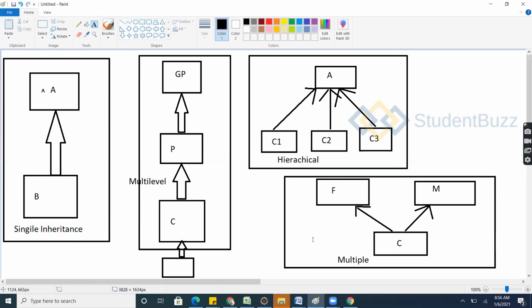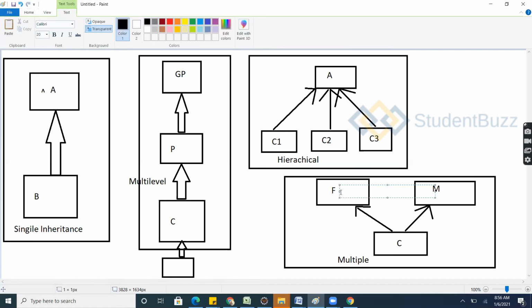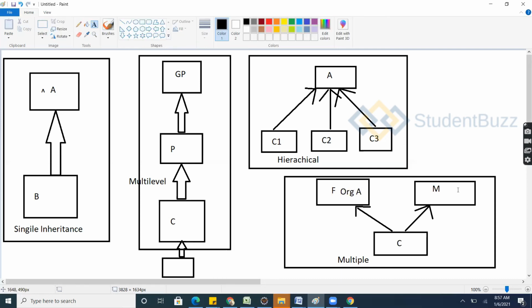Let's take this example: you are doing a job. I'll take it as organization A and organization B. Will it be possible to do official jobs in two places and get a PF and pay slips and everything? Two places will not be right. Multiple sources of income will not be allowed, multiple sources of salary will not be allowed anyway in a government itself. So the parent has this father and mother and child class.